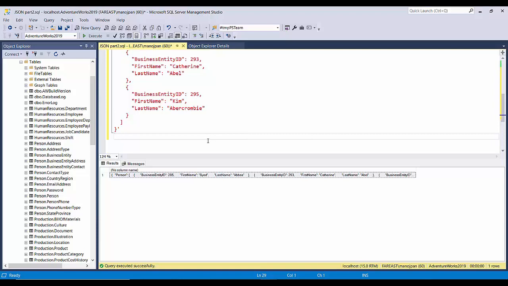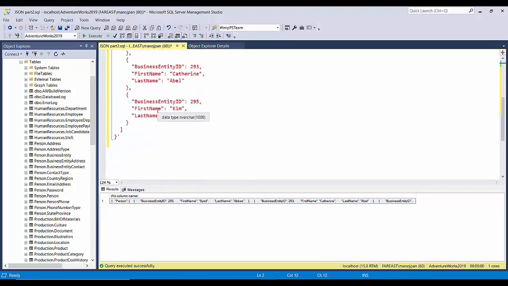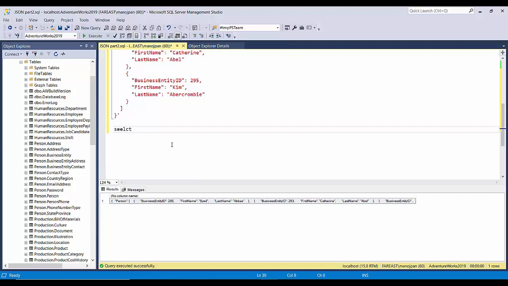Okay, now what we'll do is we'll just try to query it by using the OPENJSON function. So for that I'll start with the select query and the columns. So the column is business entity ID, comma first name, comma last name, from. Now here we will provide the JSON document inside the OPENJSON function, and the variable and the root